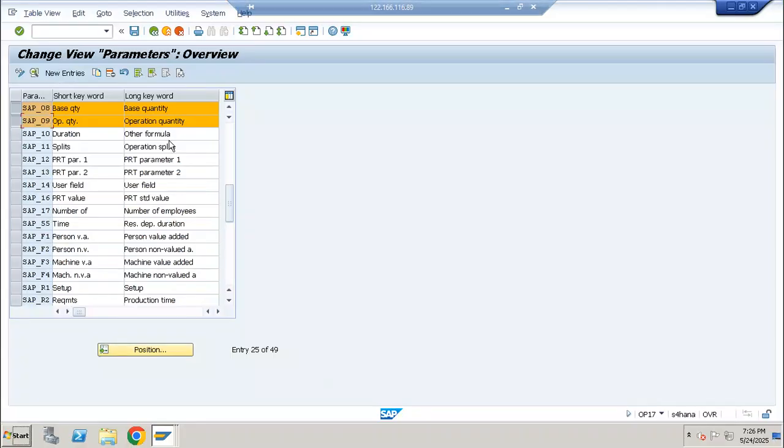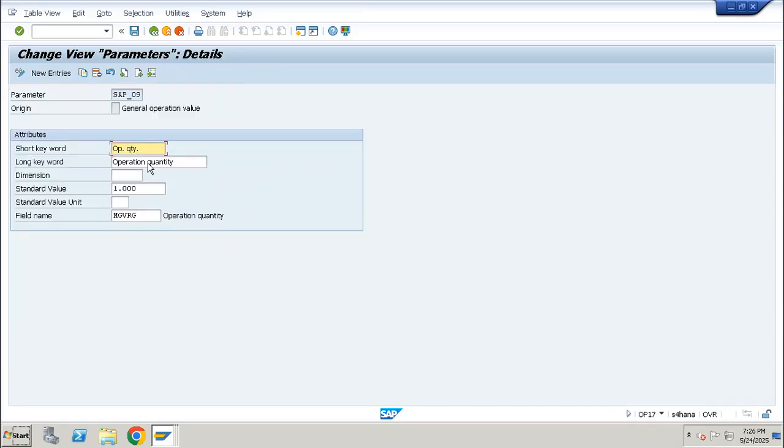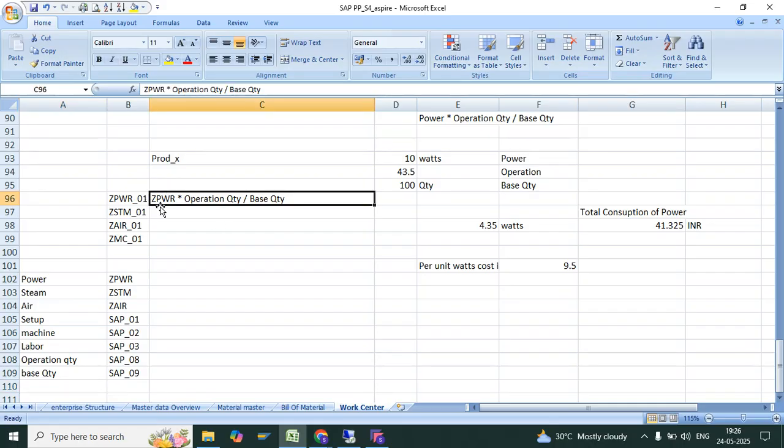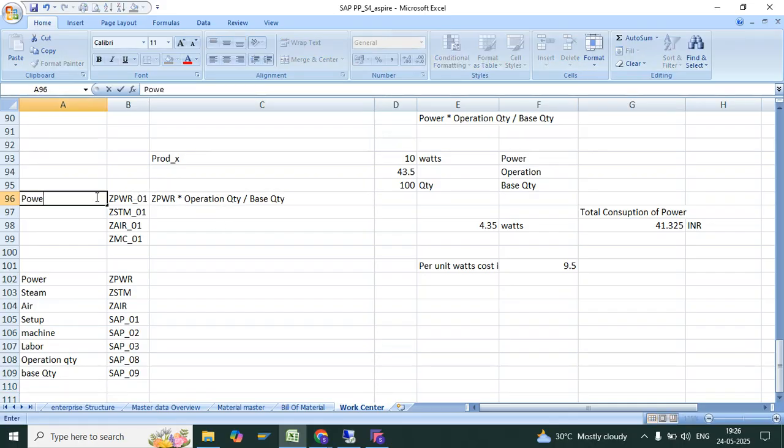Now you can see inside of this SAP 009. Inside of this, it's an operation quantity, standard value one. It's an operation quantity; the field name is operation quantity. Inside of that, you can set it up. Now you see what your formula is. Suppose I want to know my power consumption, not in money, but in a